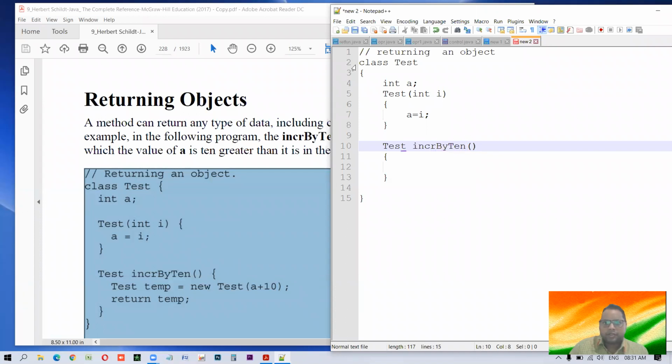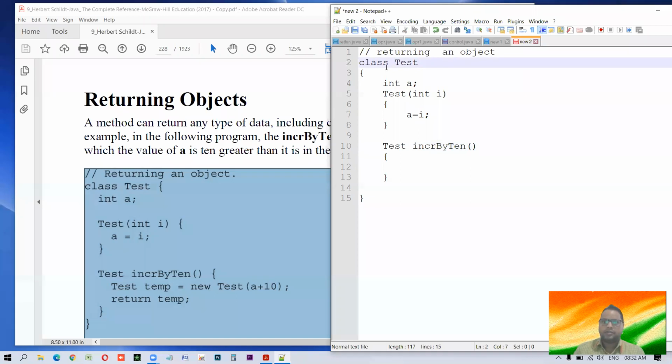Now the main thing I want to show is the return type. Now this might look familiar to you: void is familiar. If you write int, then also it will be familiar. Or float is also known to us. But in the same way we are writing test. Why test? Because test is the name of the class, and a class also is a data type. Always remember, it is a user defined data type.